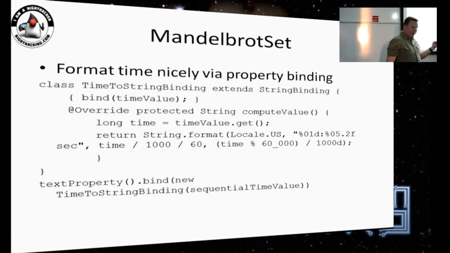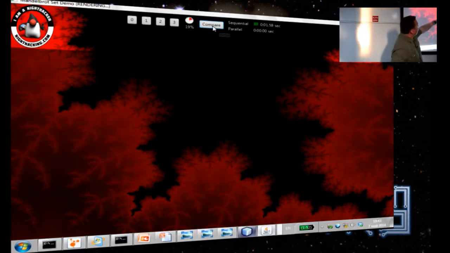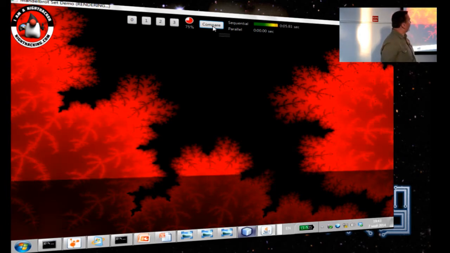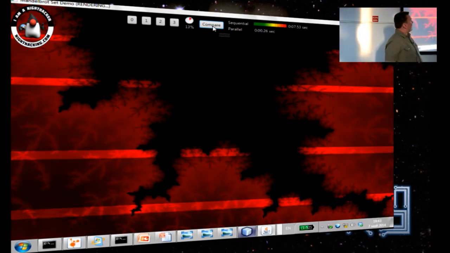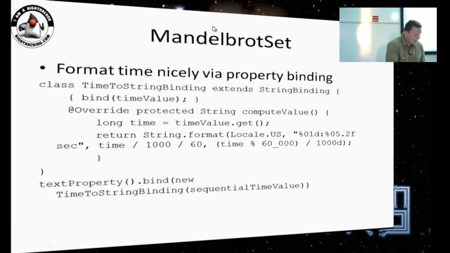So here on top, we have two labels which show time for the operation. And to update that time, we actually use the string binding shown on the slide here. This string binding binds a long variable to a string property. And this is the way this is done.